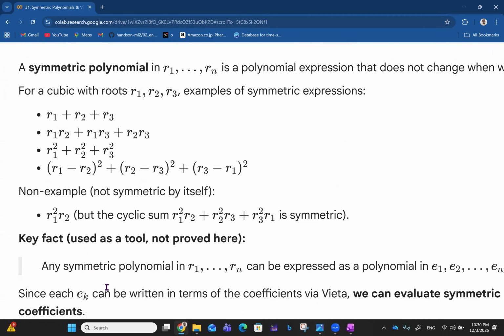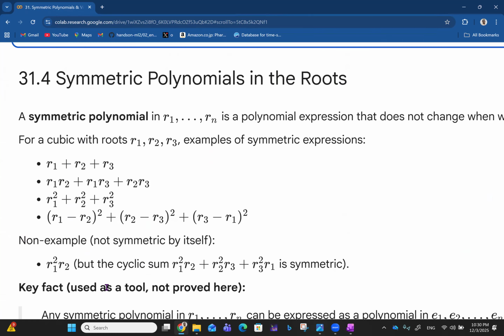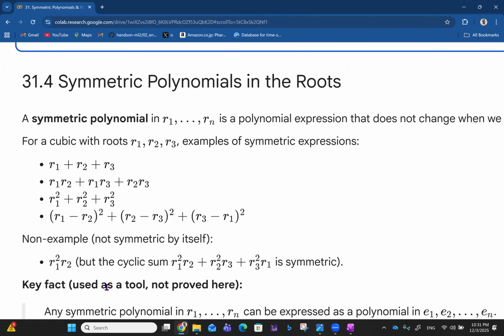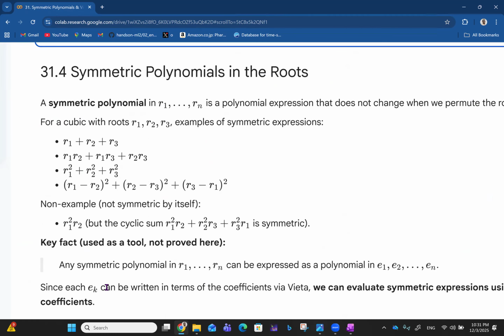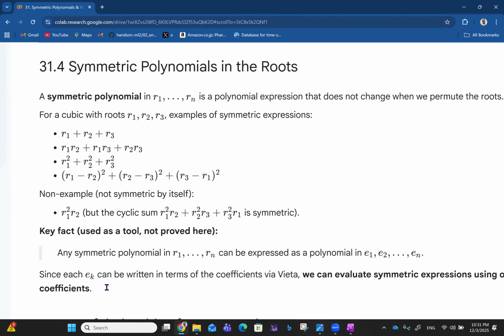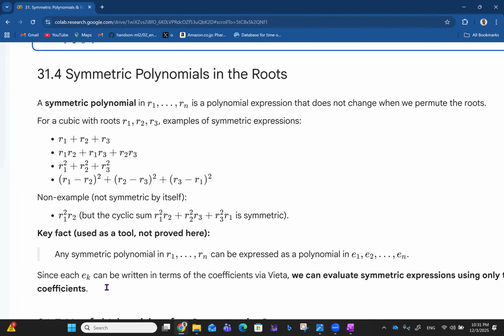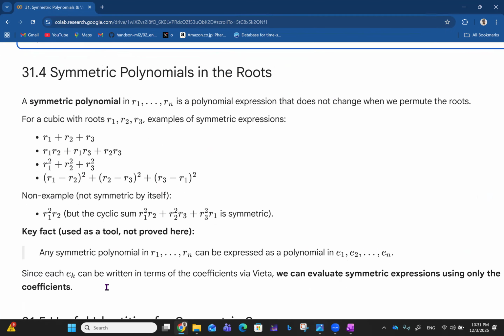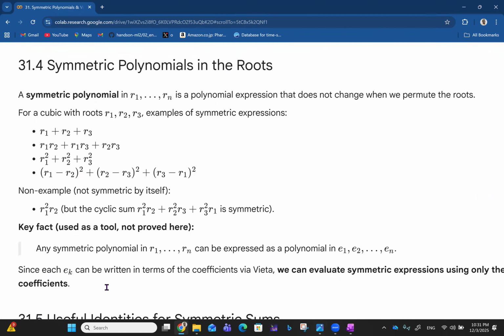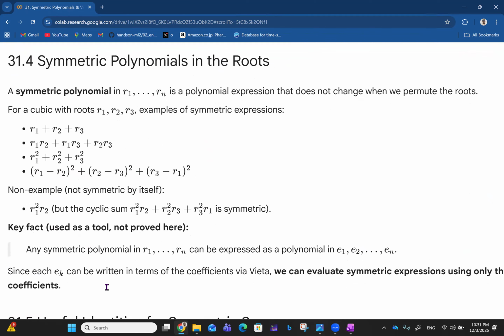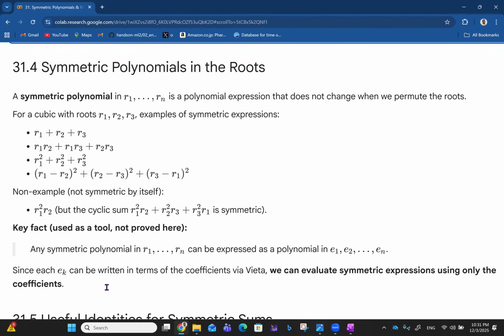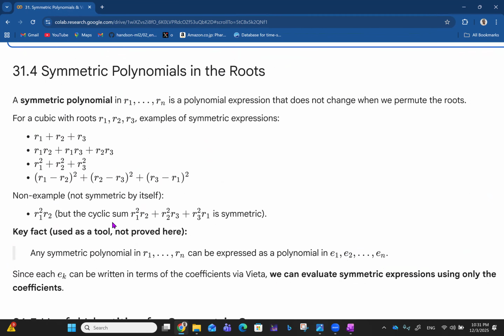Okay, so then we are talking about symmetric polynomials and Vieta extension now. So let's see the idea of symmetric polynomials in the roots. All right. So a symmetric polynomial in R1, R2 up to Rn is a polynomial expression that does not change when we